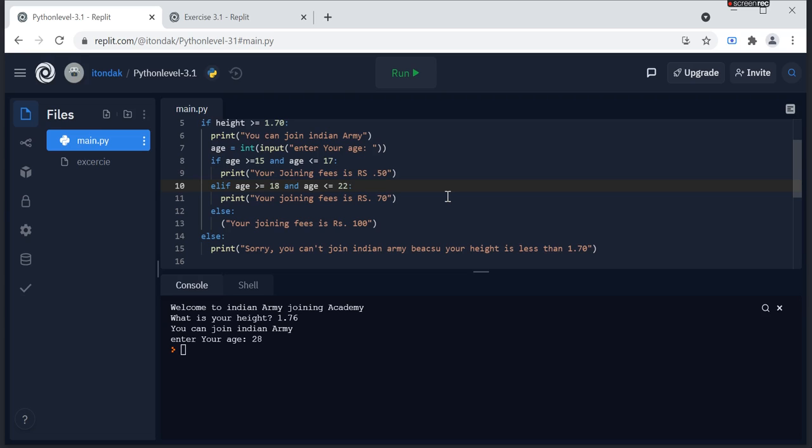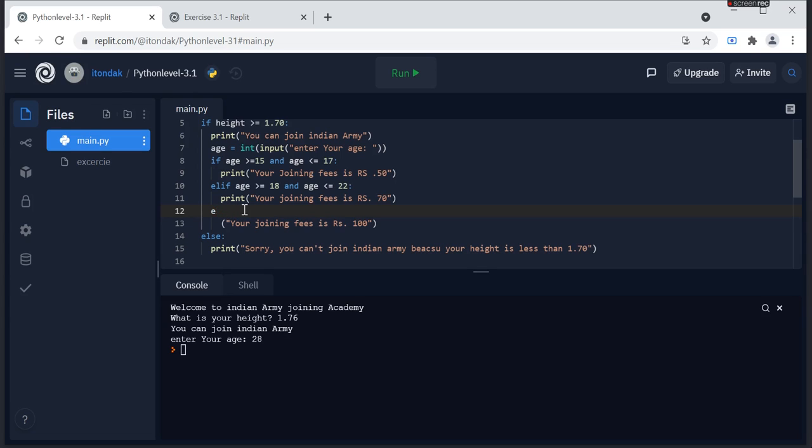And one more. You keep going with this elif statement whenever you are done with your condition.